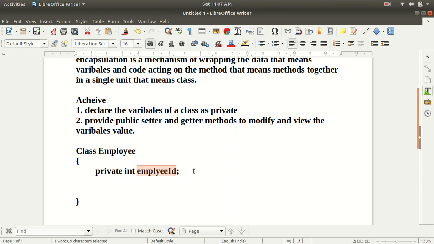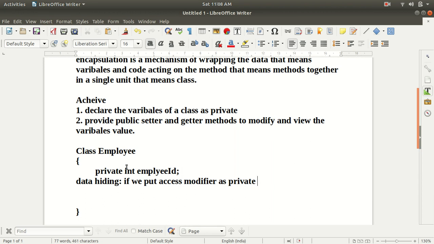So here I have created a variable with the name employeeId, and I have kept that variable private. Remember one thing: if we put the access modifier as private, then it is called data hiding, right? This data will get hidden, and we cannot access it from outside the class directly.